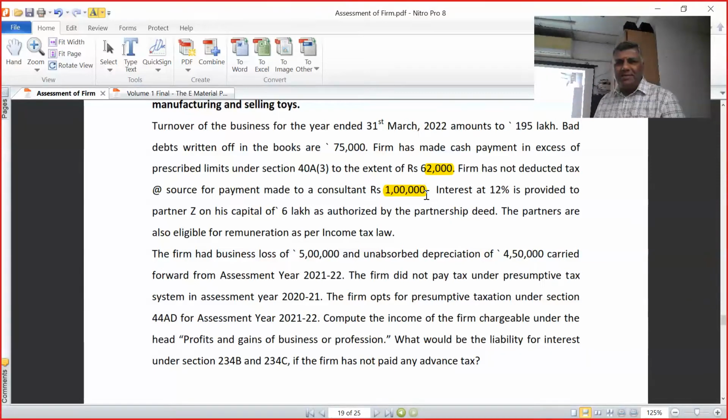All expenses are deemed to have been claimed. So by interpretation, even interest on capital and remuneration are deemed to have been claimed. You cannot claim it separately. Even interest on capital and remuneration are deemed to have been claimed. Second, whatever may be the percentage, it is deemed to have been claimed. Third,